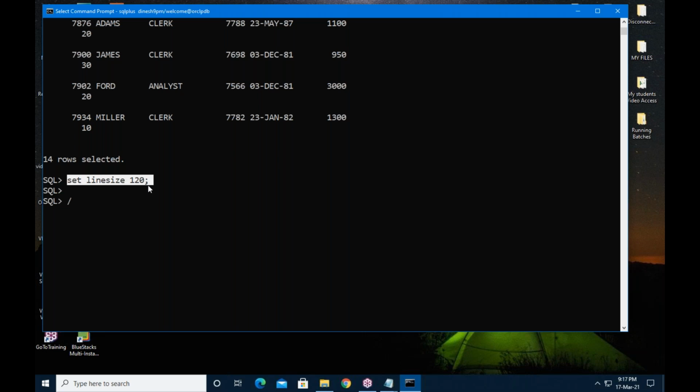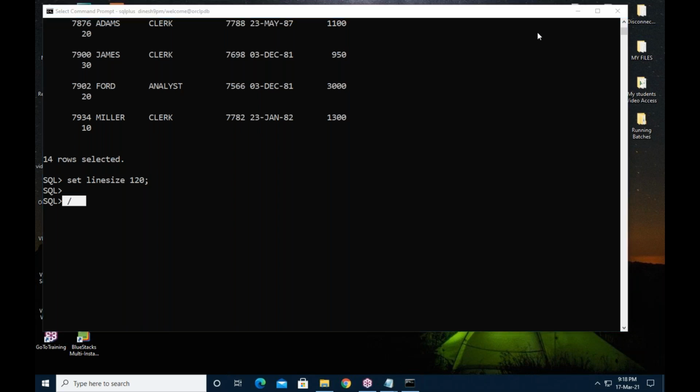Query means it should begin with a database command. Any query always begins with a database command. So slash is useful to execute the latest query.